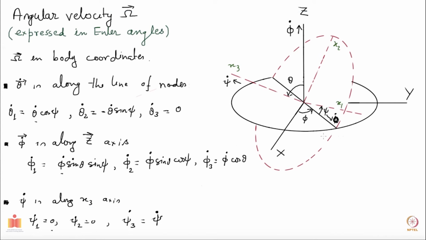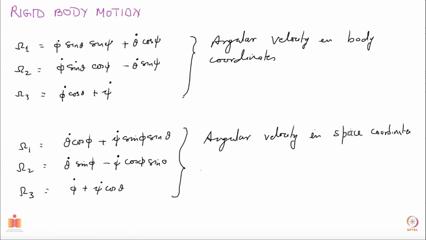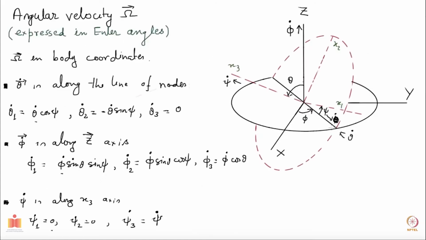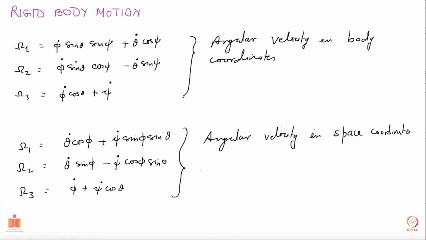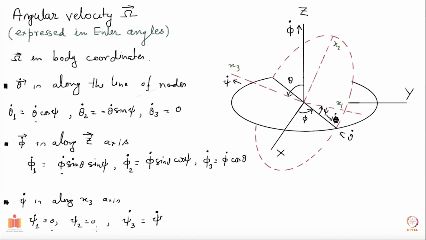So anyway, this should be theta dot. Sorry for the mistake. Okay, so what I was saying was, because this is theta dot, instead of projecting it along those directions, if you project it along this capital X, you will get theta dot cos of phi. So theta dot will contribute this, which is what you see here, theta dot cos of phi, and similarly you can obtain all other terms. Okay, that's good.